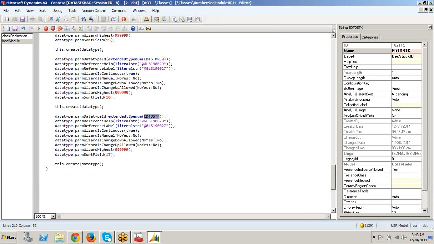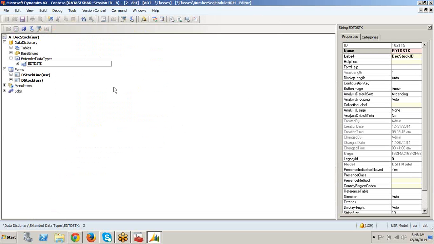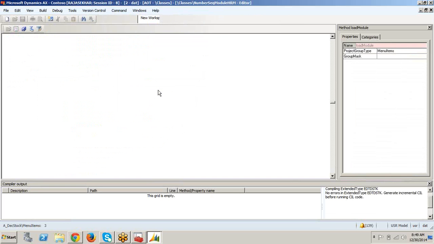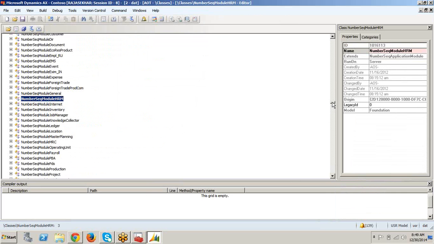Yes, the extended data type name and the sort field number. Previously it was 16. Here we make it the continuous number, that is 17. Okay, now classes is done.